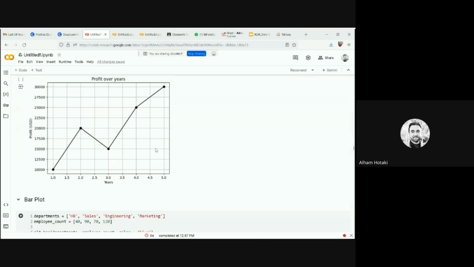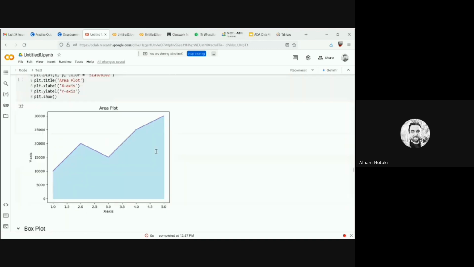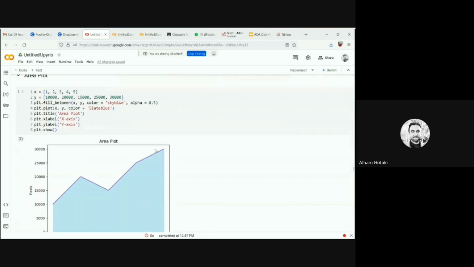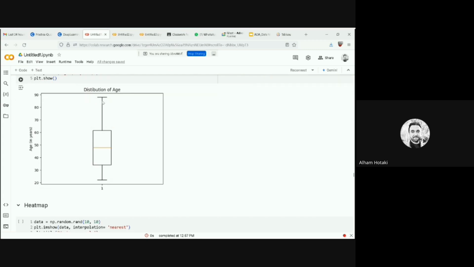I hope the box plot is here from a previous lecture. So this is our box plot. See, this is the box plot. This is the minimum value. This is the maximum value. This is the median. This is the 75%. IQR means the